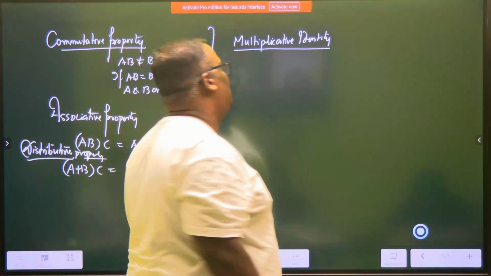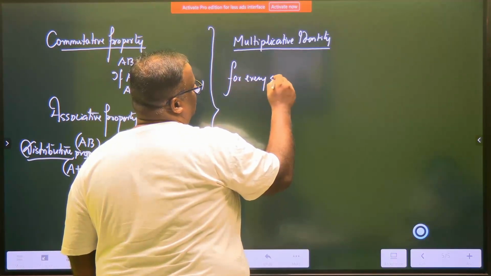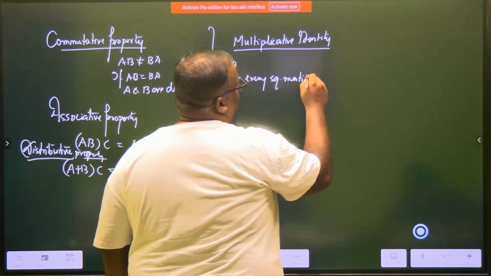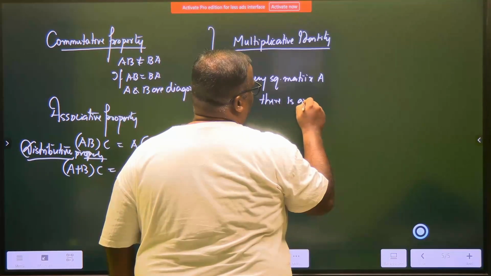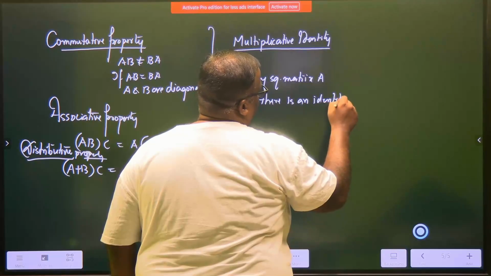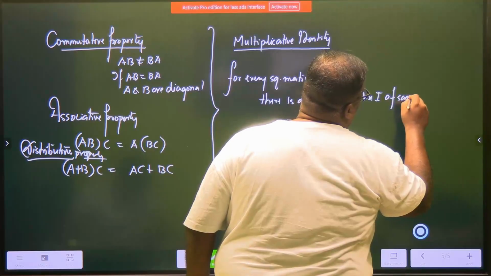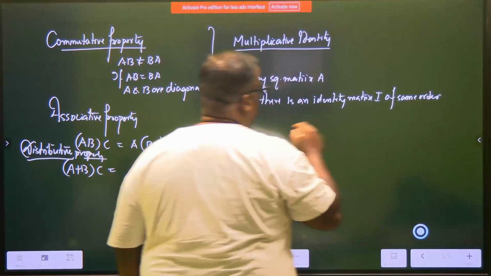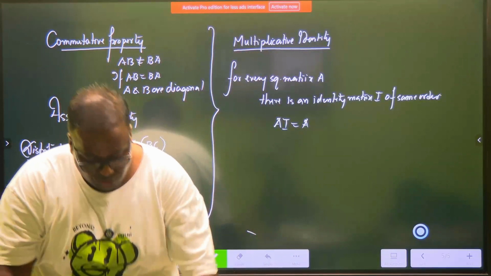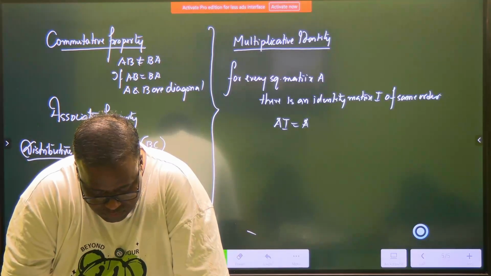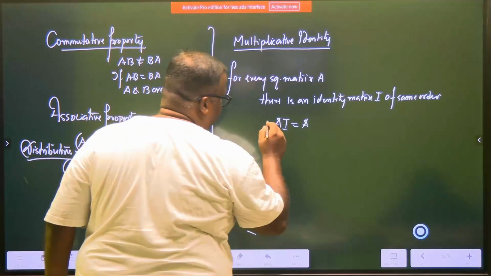Multiplicative identity. So we write for every square matrix A, there is an identity matrix I of the same order such that if you do AI, you should get back A. For every square matrix, there exists an identity matrix of the same order such that if you do AI, you should get A. And when you do AI, children, once again,